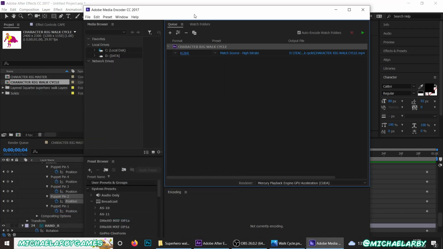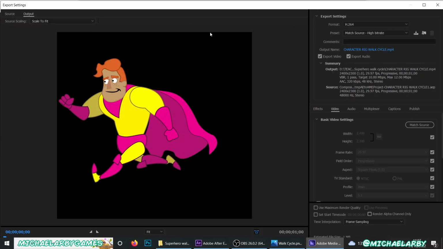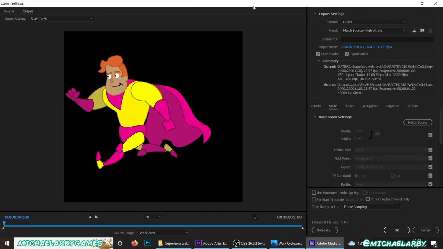So here we are. Media Encoder has opened. It'll take a few seconds to initialize up, and it will show you this little blue line here. This is where we can export our After Effects project. It will default to save it as a H.264, just a standalone little video file. But we don't want to do that. We actually want to save this as a PNG sequence. So if we click on that little